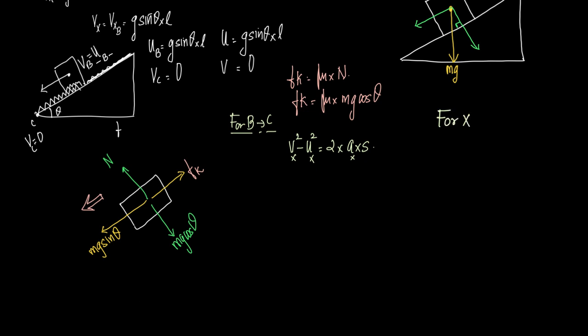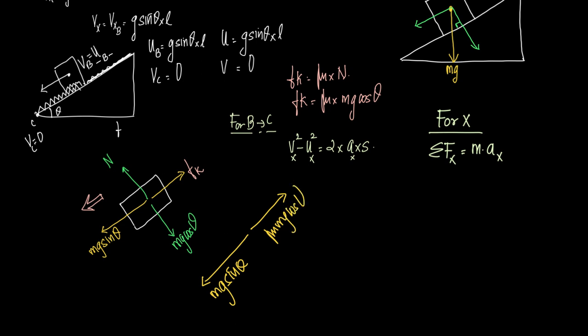for the motion along x direction, what is sigma fx equal to? Sigma fx is equal to m into ax, right? Now how many forces are acting along the x direction? One is acting downwards, mg sine theta, and the other is acting sliding upwards, which is mu mg cos theta. What is the net direction of motion? The direction of motion is towards the sliding downwards. So whatever is coming downwards, we'll take as positive, and whatever is sliding upwards, we're taking as negative,